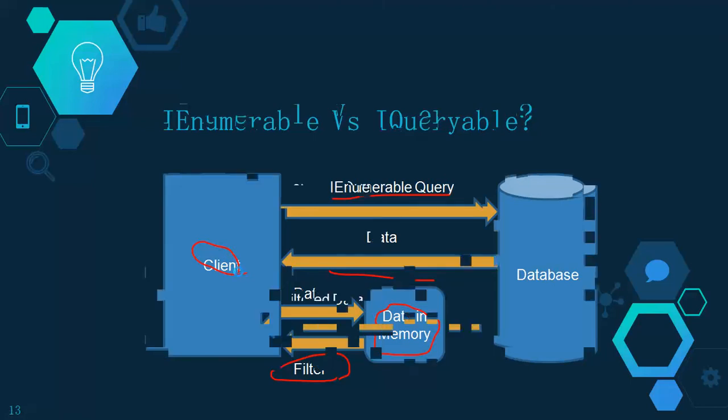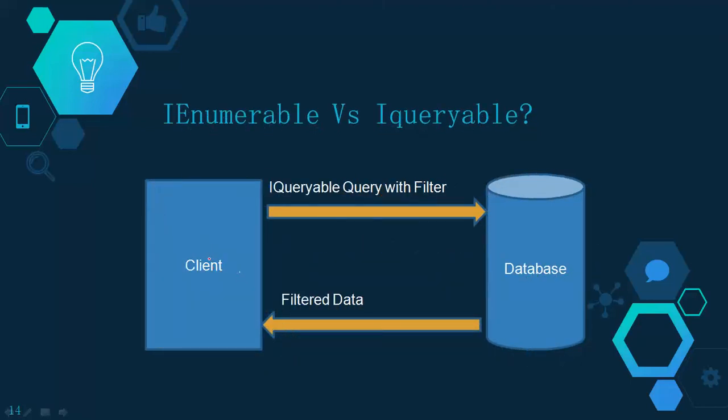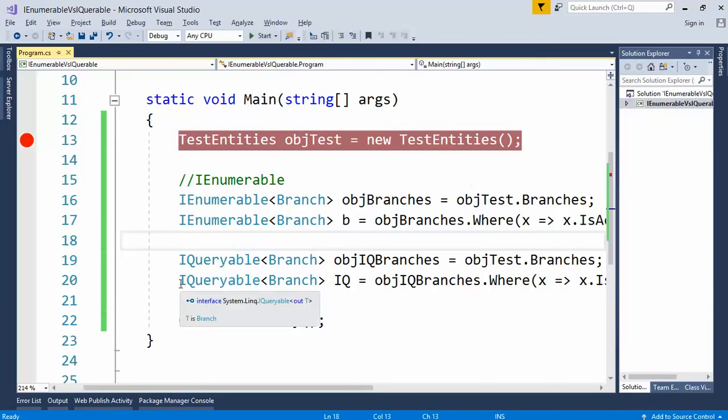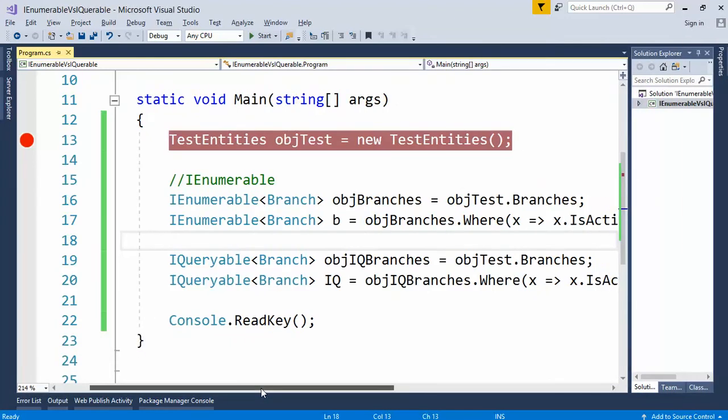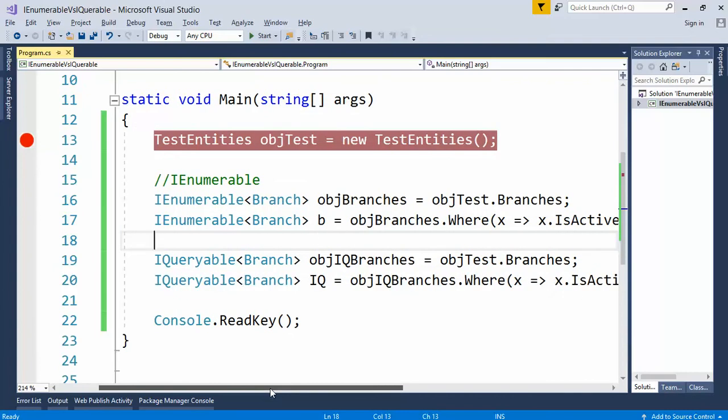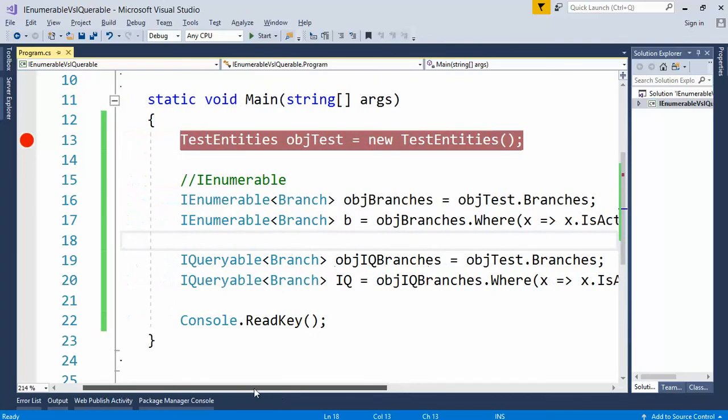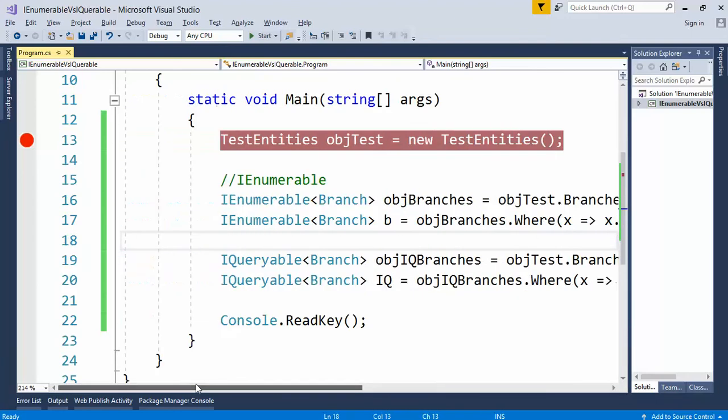Comparatively, if we use IQueryable, it queries the database with the filter, takes only the data that is needed, and then the client uses it. So definitely it has a performance boost. Let's see an example. I have created one example which uses Entity Framework, and I am using one branch table to query on the database. If I run this,